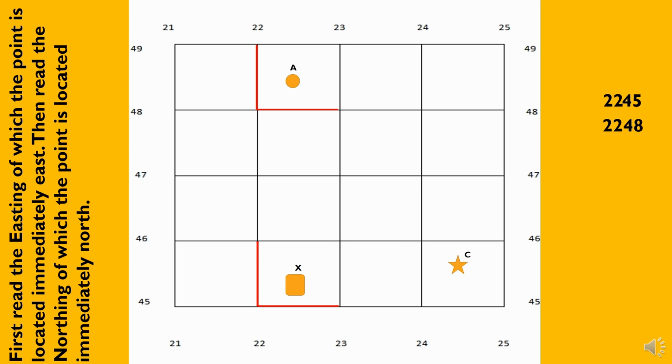The 4-figure grid reference for C is 2445 because C is located east of Easting 24 and immediately north of Northing 45. B is located east of Easting 21 and immediately north of Northing 46. Therefore, the 4-figure grid reference for B is